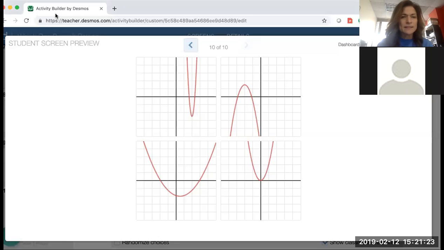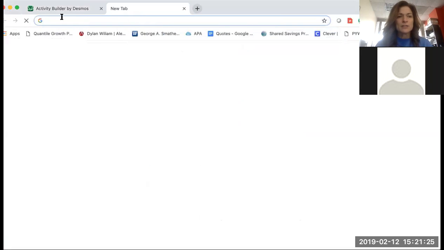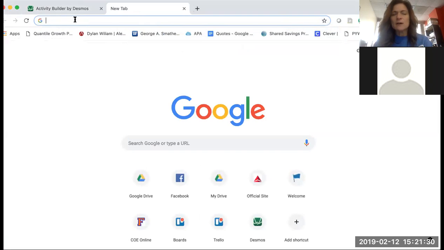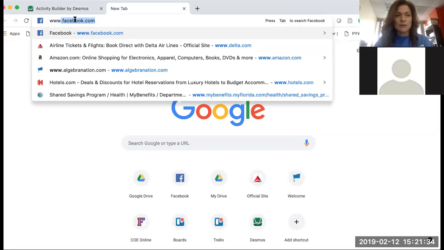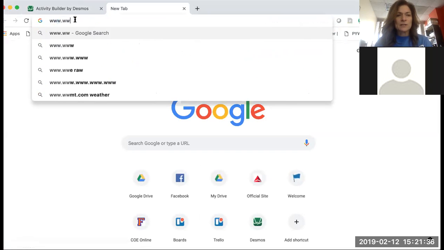I love that. A lot of people know about it, but what I'm going to do is share my screen first of all. Let me share. Here we go. Okay, so there's an activity builder. First, I want to just show you the website. And I'll send a follow-up email with all of this for those people who are doing an independent study as well. But it's which WWDB,